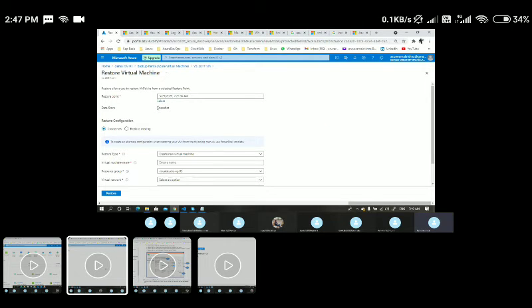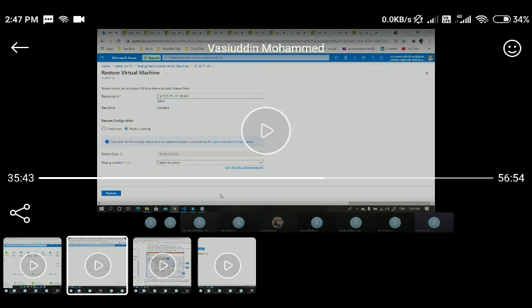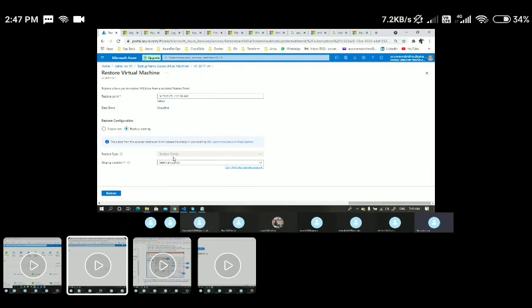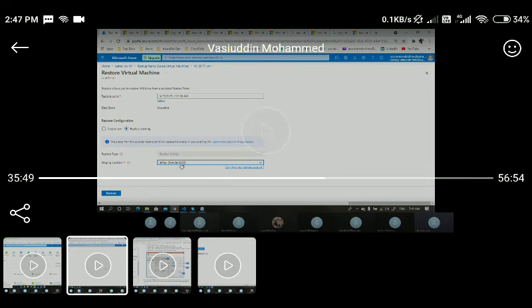So here I have taken the latest one, and here you can see the restore configuration, whether you want to create a new VM or replace the existing one. If you want to replace the existing one, it will simply replace all the disks and locations. Okay, so let's say I'll go with standard LRS.